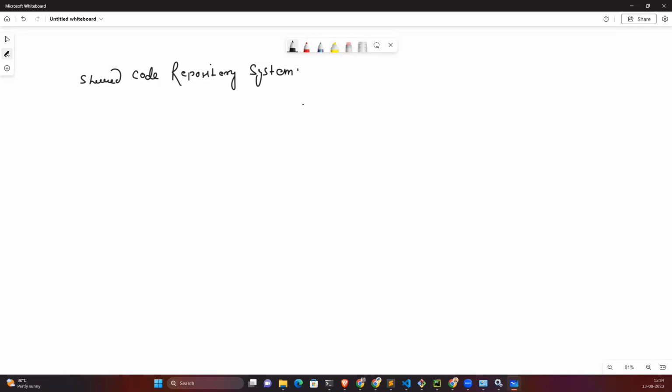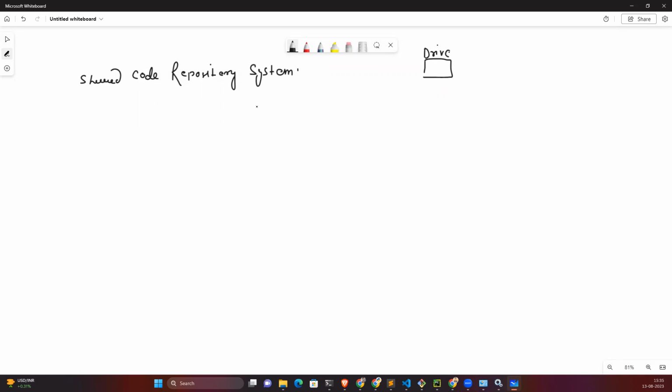You will store these pictures inside your drive, Google Drive. We are doing the same thing. Every day we upload the class recording and class material in the drive so that anyone from our team can access this material for future purposes. Similarly, if tomorrow my laptop or phone gets damaged, I can access this data from anywhere. My data should not vanish. Similarly, a shared code repository works as well.